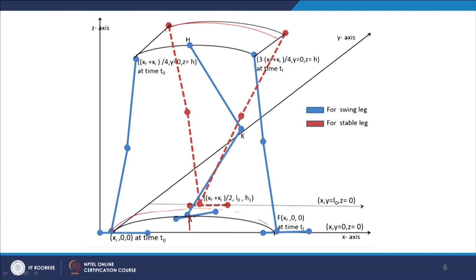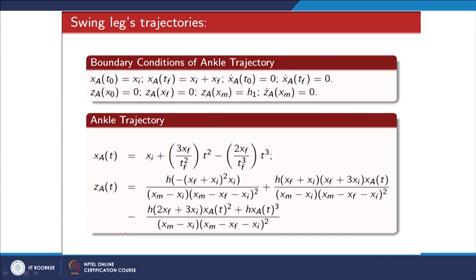All these are taken into account, and a polynomial trajectory is derived for the ankle of the swing leg. The x coordinate of the swing leg ankle, xa of t, is given by a polynomial of degree 3, because there are 4 constraints as given here: initial position, final position, initial velocity and